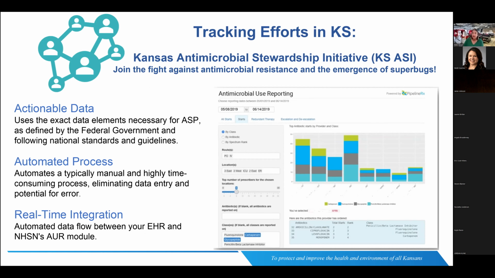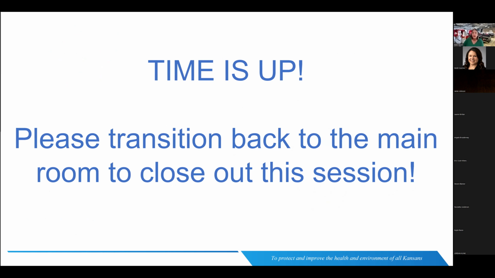I know Hayes Med was intimately involved in our first phase a couple of years ago. All this does is provide a little bit of support to integrate this module into your medical record so that you're able to report to NHSN, but then also you have access to all of your antimicrobial utilization information, like your dashboard, antibiotic starts, things like that. What you're seeing on the screen here is just one of many options. I know a lot of you probably have EMRs; we have Epic, and this is integrated into Epic. I think Cerner has a program, Theradoc, Vigilance, those are probably some of our more common clinical decision support systems.